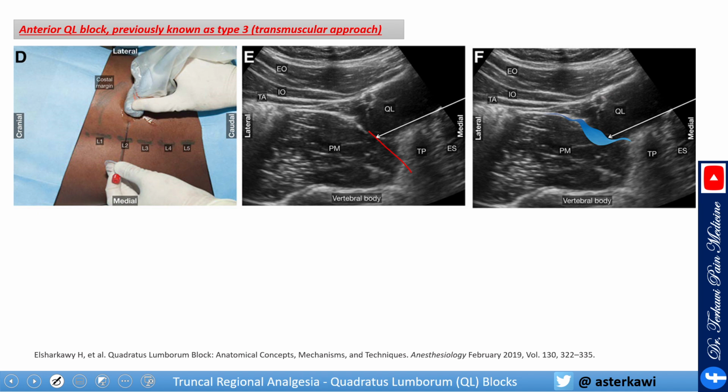So again, you start scanning. This time, I recommend you start from the midline, and you see the spinous processes, and you keep going lateral this way, and then you will tilt and slide the probe until you see the Quadratus Lumborum here. This is the TP, this is the vertebral body, this is the Quadratus Lumborum, this is the psoas muscle. And then you go to the plane between them. Notice that we are doing this at the level of L2 or L1, just under the lower rib. And you see your